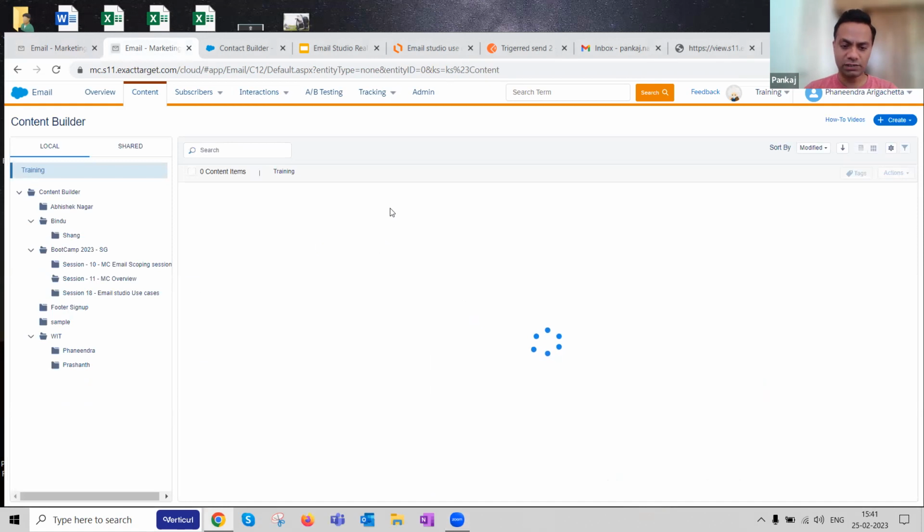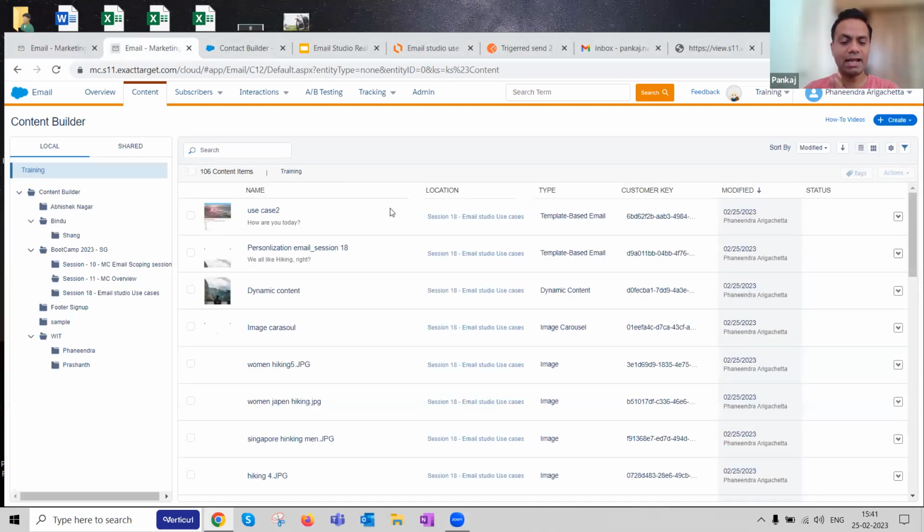Then there are various tools as well, paid tools like Litmus and others, with the help of which you can see the emails on various screen resolutions, like tabs. These days tabs are not standard: 9 inches, 10 inches, 12 inches, Chrome, Android, iOS. All this kind of complexity can be handled as well. Cross-browser testing is also very important, especially Outlook. Outlook is one of the things you should be very worried about when testing email sends. Always make sure you test on Outlook, because Gmail and Outlook are different systems in the way they take these emails.